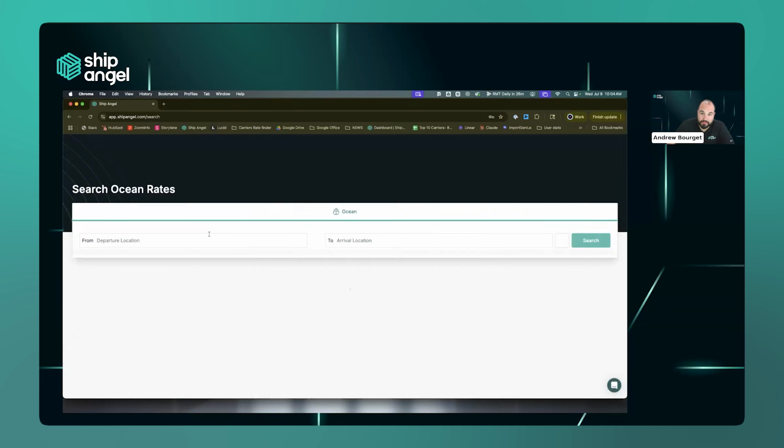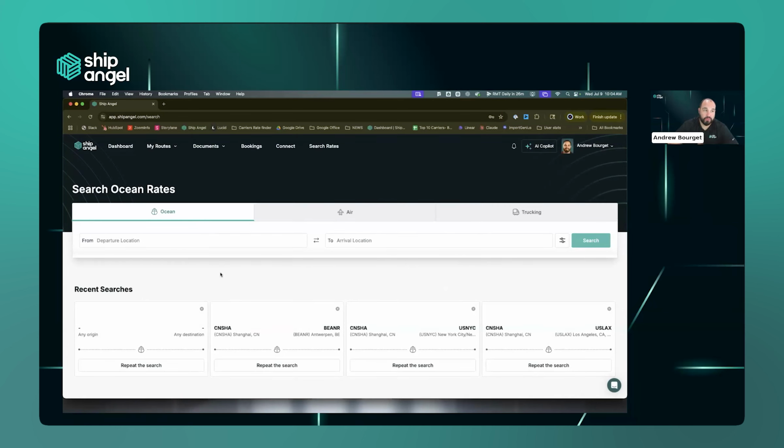platform is respected. Once you log into the system, what's really useful here is each user can define what their landing page is. My landing page here is on the search section. But each user, depending on the role that they're playing and the part of the organization that they work in, can have the landing page that they need. I'll show you some of these tabs later, but you could land in your My Routes section, in the dashboard section, or even in your document section, all of which I'll show you